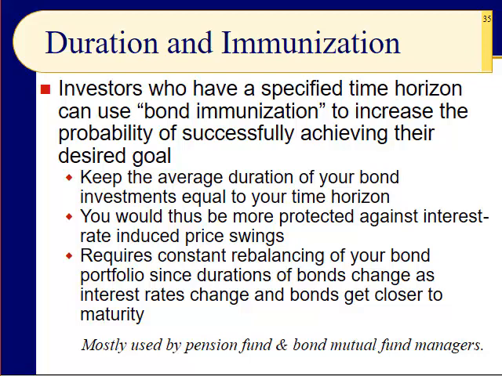So are you and I going to have to worry about this? No, the bond mutual fund manager is going to have to worry about this, the pension fund manager. So if you bought an intermediate term bond, which is 3 to 5 years, the bond mutual fund manager is going to have to worry about duration. They're going to have to keep the bonds 3 to 5 years because they have hundreds of millions of dollars or billions of dollars to invest in. We don't have that. We're not going to be constantly rebalancing our bond portfolio.